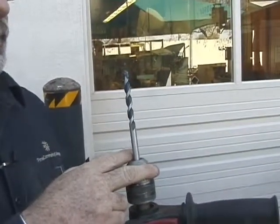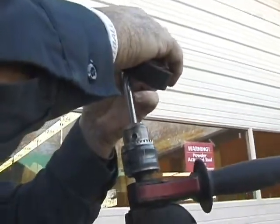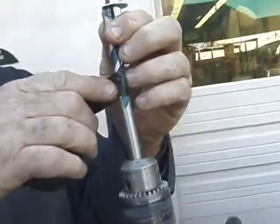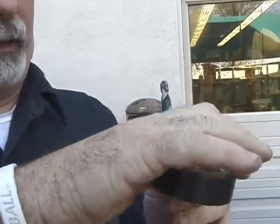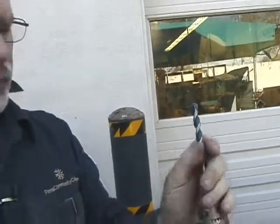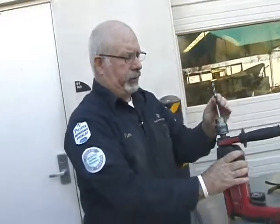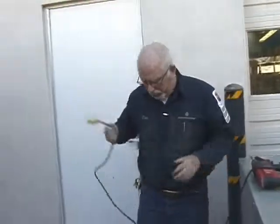So now we'll tape it up. Again, match up the bit as close as you possibly can. It's not an exact science. All right, so I'm just picking it right there. Again, be sure you got the thing turned off, not plugged in. All right, it's really a bad, ugly scene when this thing takes off. All right, so therefore,